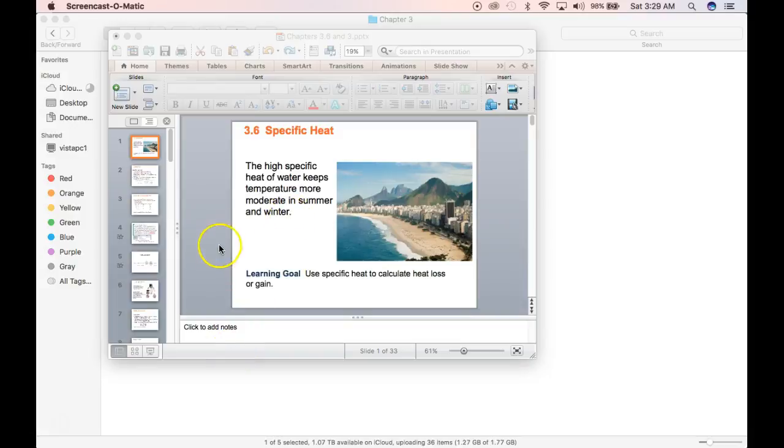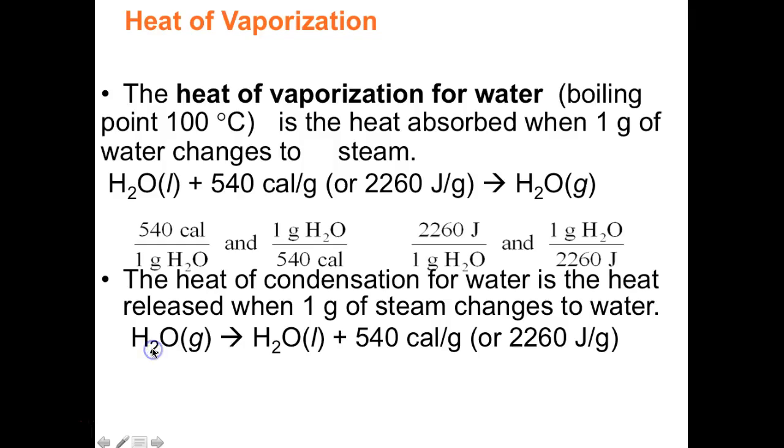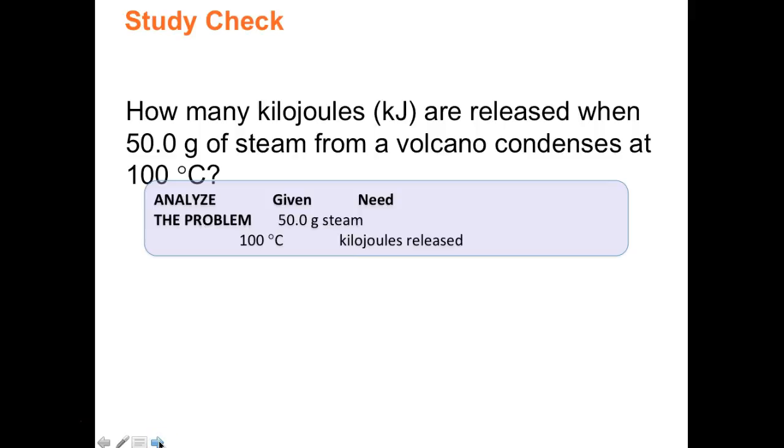All right, continuing where we left off, we were talking about the heat of vaporization for water, which is 540 cals per gram of H2O, or if you convert it into joules, it's 2260 joules per gram of water. All right, so these conversion factors come into play when we are converting water from one state into another, or